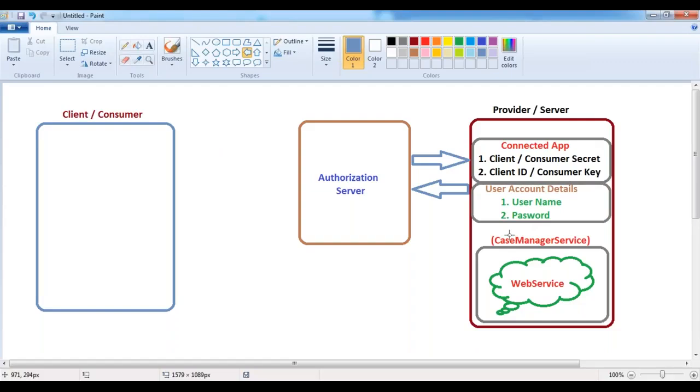On the provider side, first of all, we have to create a web service. Second, we have to create a connected app. Third, we have to create a user account. These are the three things we have to do. Once it has been prepared, if you want to make this web service accessible by the third-party system,